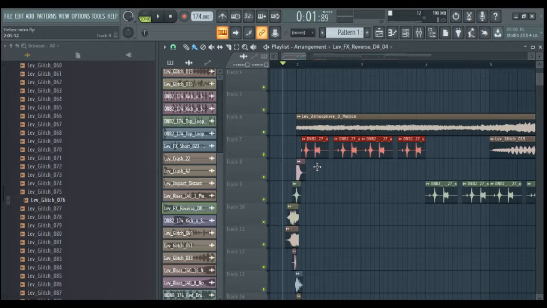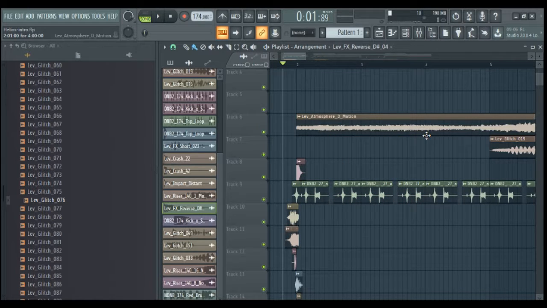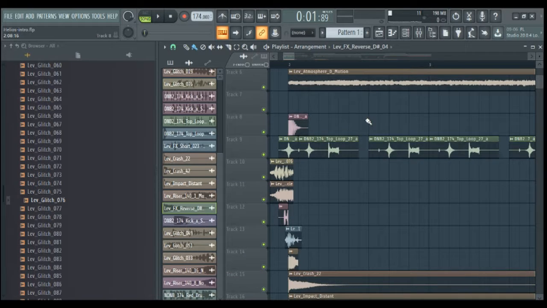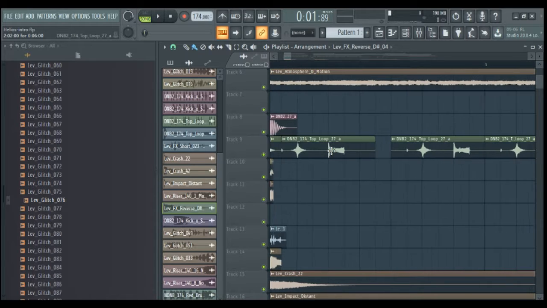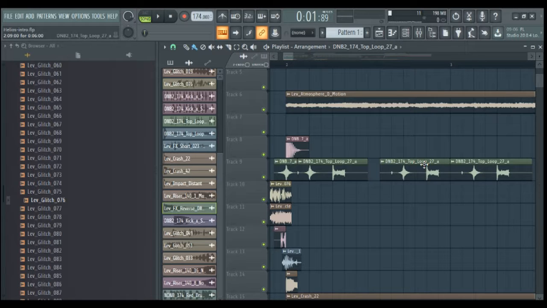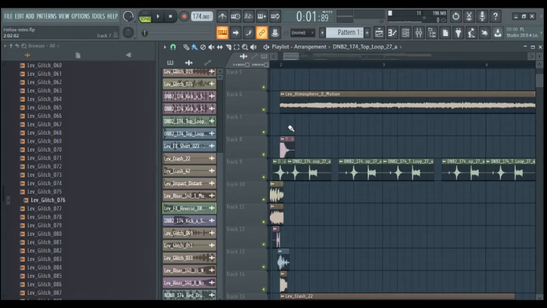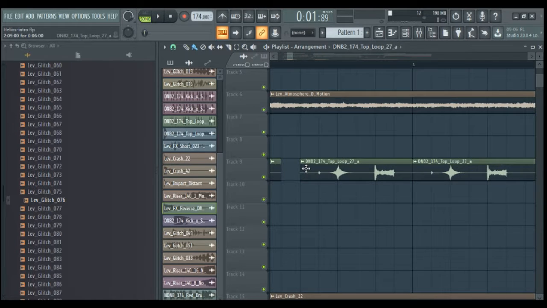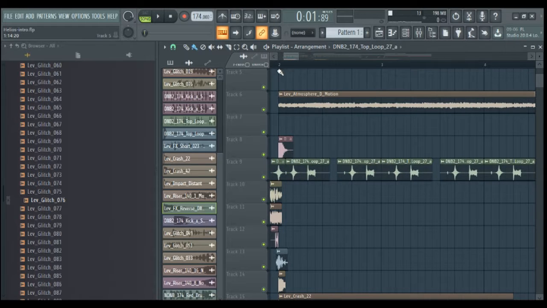Obviously there's also the loop in here. So I took that loop I was talking about earlier with the reverse hi-hat and the aim and break beat, and I chopped it up in a way that the aim and break bit always lands on the 3rd and 7th beat. So you got 1, 2, 3, 4, 5, 6, 7 of each bar. It's 7 beats a bar. It's 7/8. So I made it so that little aim and break thing always landed on the start of the 3rd and 7th beat, and then I just left in the little thing before it. So the groove you end up with is kind of like